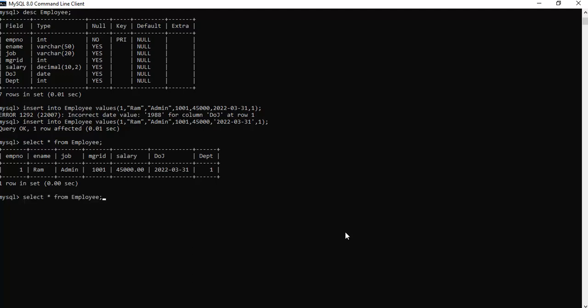Like that one, I'm going to create one more value. Inside the values, for employee number 2, the employee name is Arun. He belongs to sales executive, has the manager ID 1002, his salary is 50,000, and he joined in 2022. So I'm going to update it to